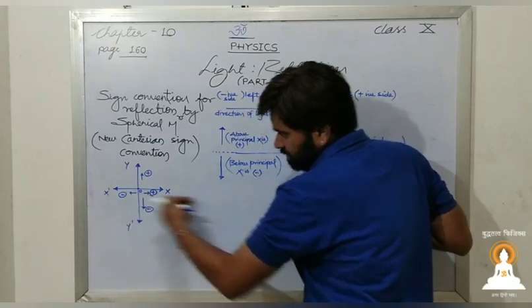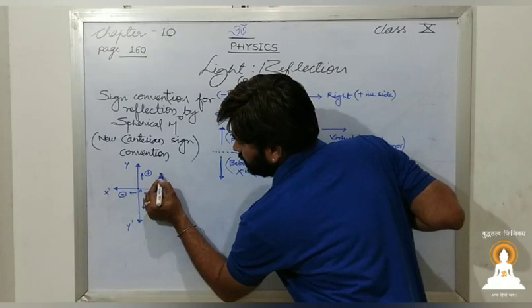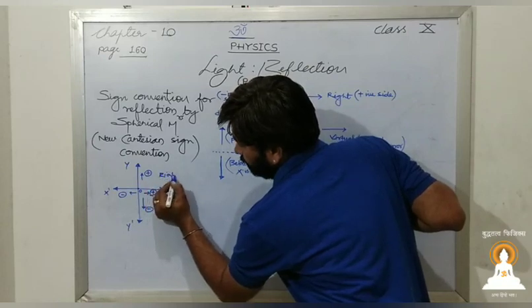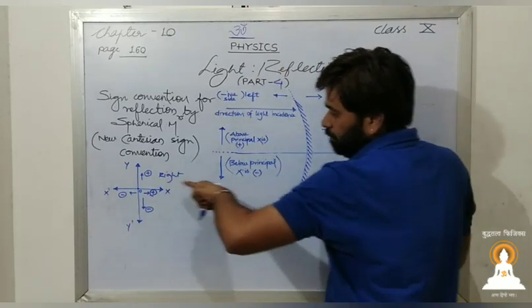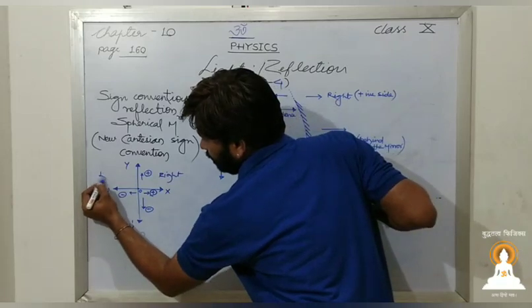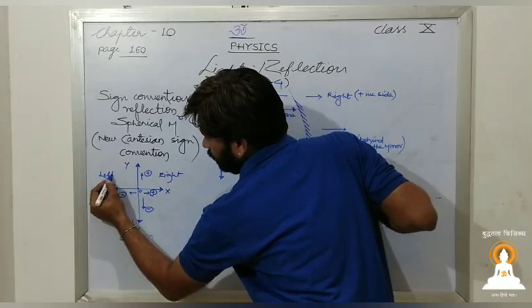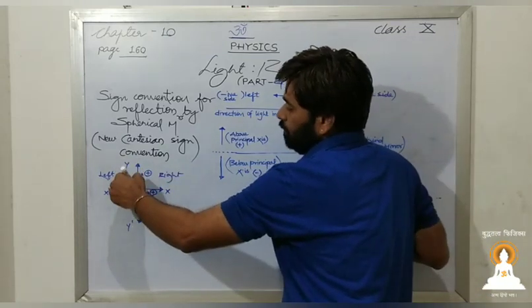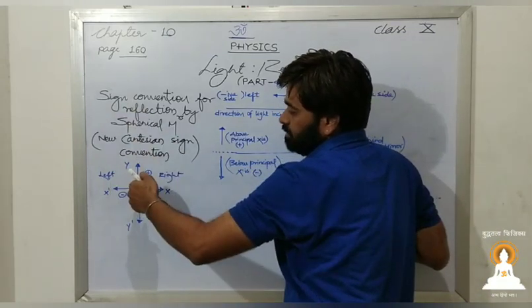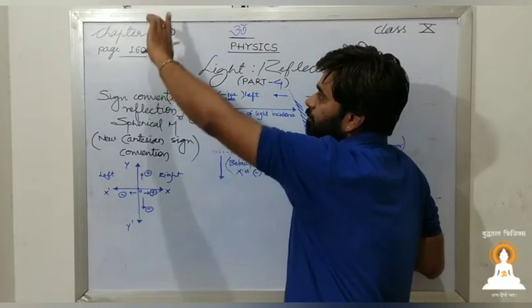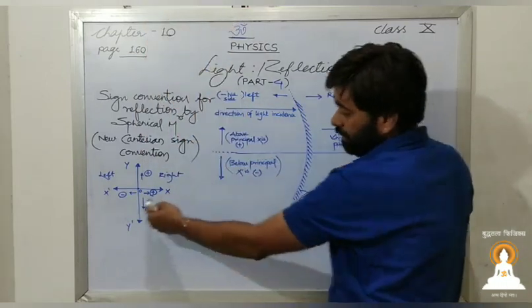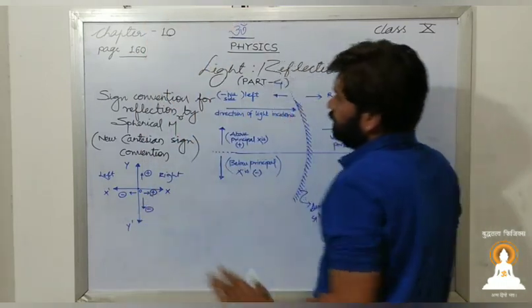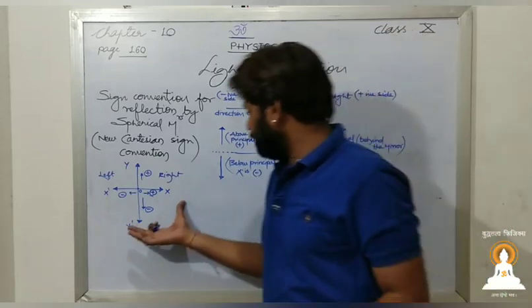When you move towards the right side, it is positive, and when you move towards the left side, you will have negative coordinates. Moving up means positive y, and down is negative. Now let us apply this concept